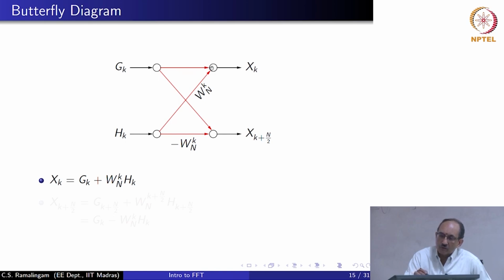So this is a branch node, this is a summation node. Therefore, xk is gk plus hk times w suffix n power k. Similarly, x of k plus n by 2 is gk plus hk times minus w suffix n power k. So whenever there is a number associated to the branch, that means the weight of that branch. So this captures these two equations,